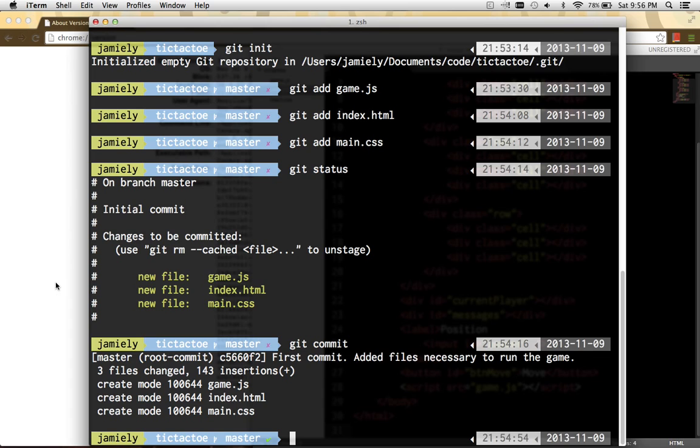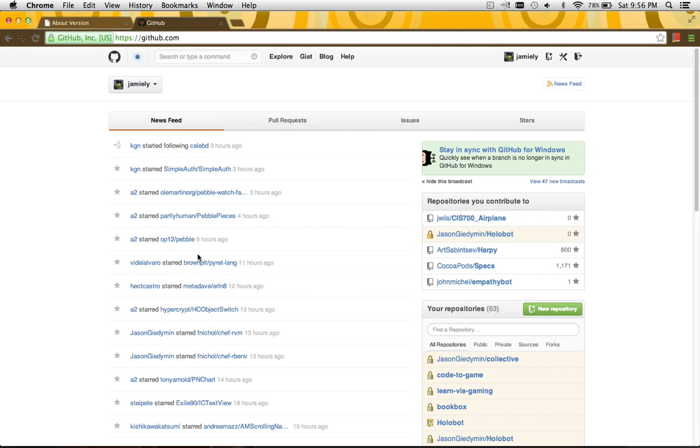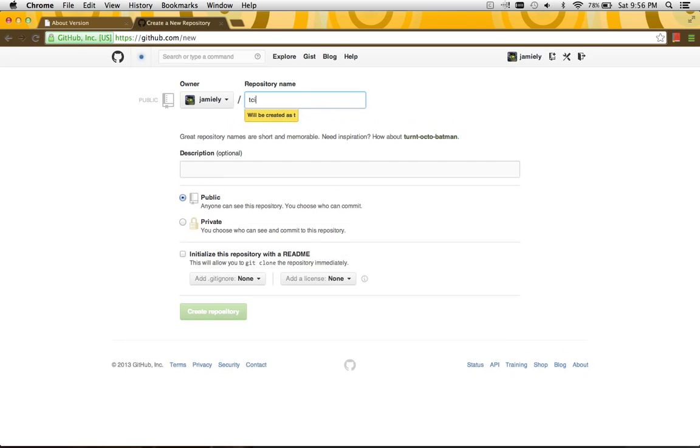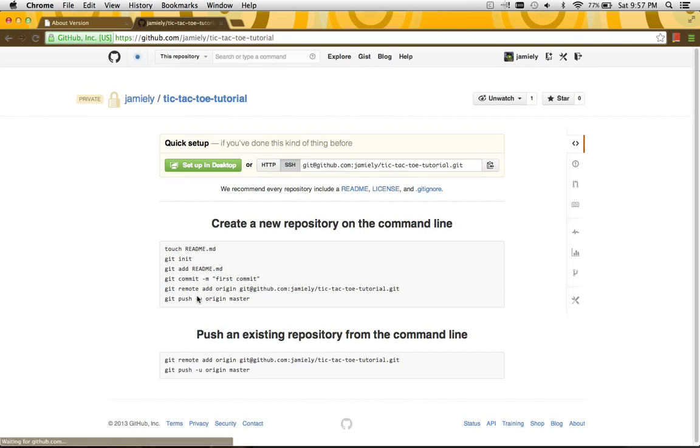So what I'm going to do, I want to push the code to GitHub. So I'm going to log into GitHub and create a repository. Tic-tac-toe tutorial. And right now this is going to be private because I'm just not sure I want to expose this yet. So I'm going to create a repository. I'm going to copy this SSH link,